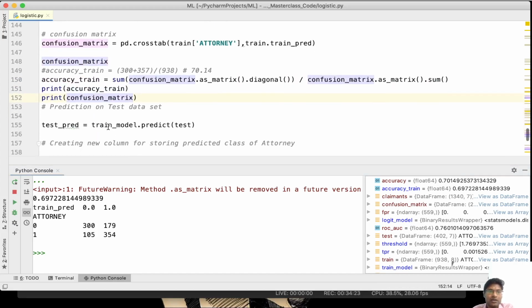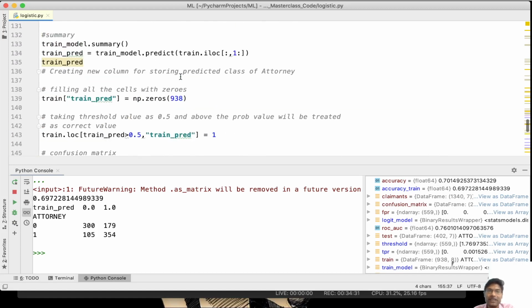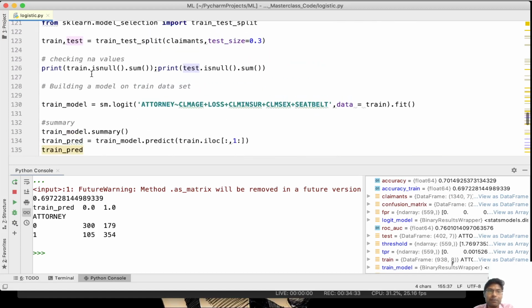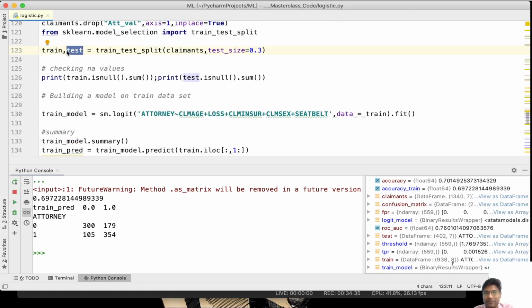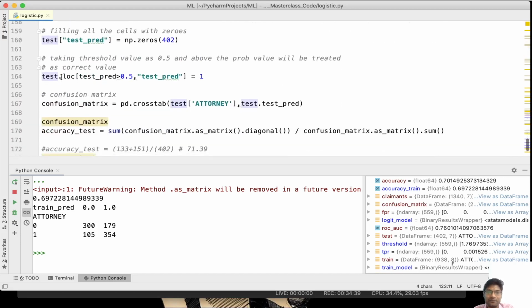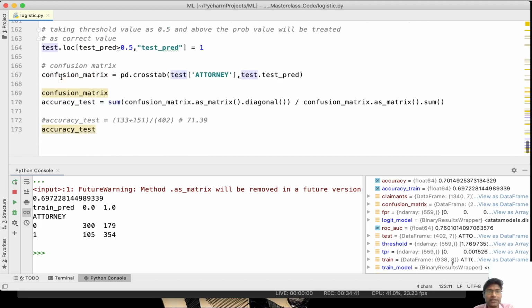Now we are going to make use of the trained model and predict the test values. Test values is the 30% of data that we just split up and stored in a different data frame, that we did not make use of for training our original data frame. But this is really important because we need to understand how our model is behaving for unknown data.